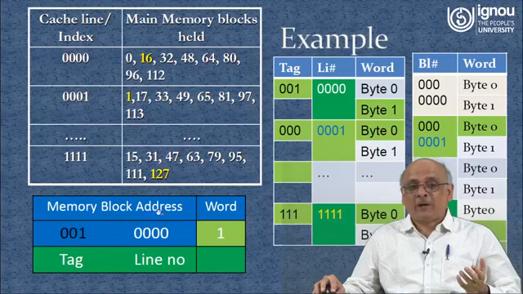Okay, so memory block address. If we are referring to memory block address 001, all four zeros followed by 1, where exactly can it reside? The line number is specified by these particular bits. So the line number is going to be 0, so cache line number all 0. And the tag number for this address is going to be 001 followed by all zeros and byte 1. So this is the cache address, or where it is residing.